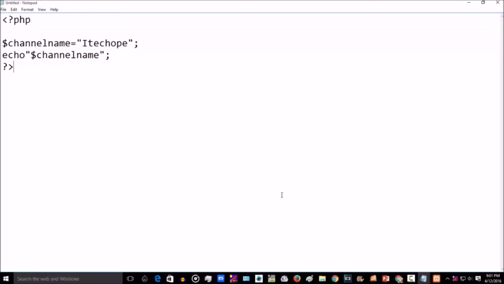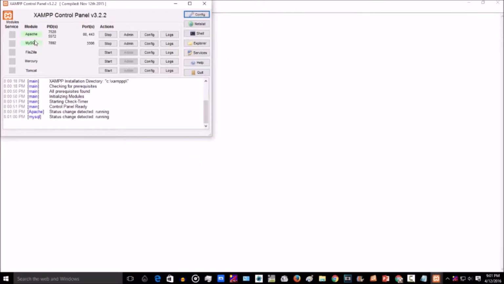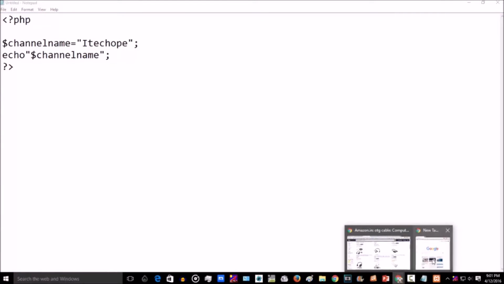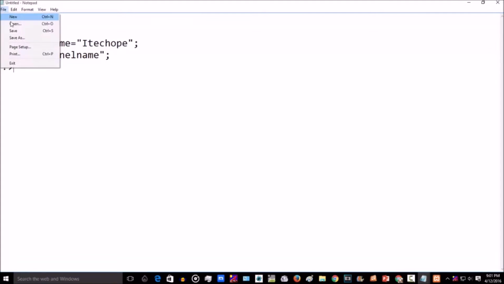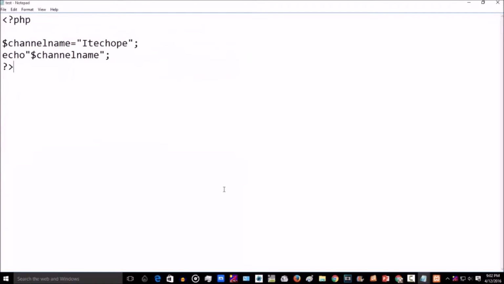Firstly you need to start your XAMPP. Here you have to start the Apache and MySQL modules, and after that just open your browser. Let's save our script in XAMPP inside htdocs, let's say test.php. Save. We are using the XAMPP server to execute our PHP script.